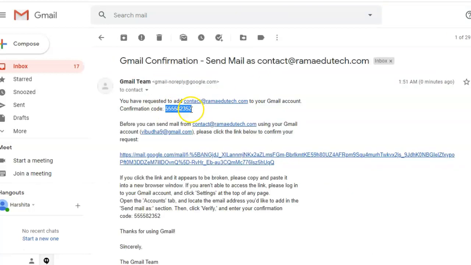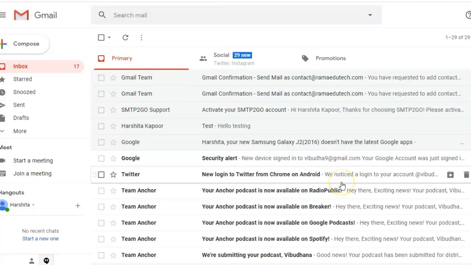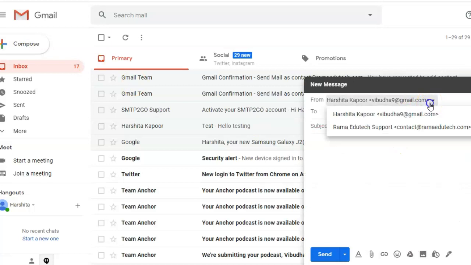As you can see, I received the email into my Gmail account, which was sent to contact@ramaedutech.com. From here, copy the confirmation code, enter the code and verify. Now let us try sending an email. So click on Compose. From the drop-down menu, you can select